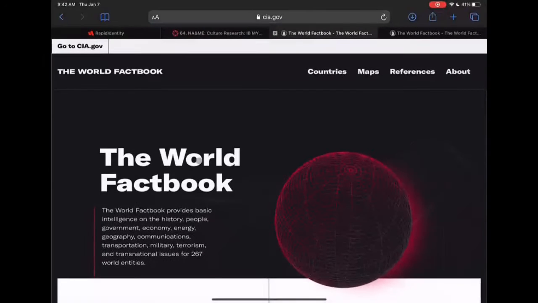So go ahead, everybody click on that, please, and let's look through here. This is a fact book, literally a resource of different countries and their characteristics, both physical geography, cultural, economics, government, all of those things. Everybody should be looking at this page right now. Let me know in the chat when you're there. Just say here in the chat. I need to know that you're here on this page. Thank you.